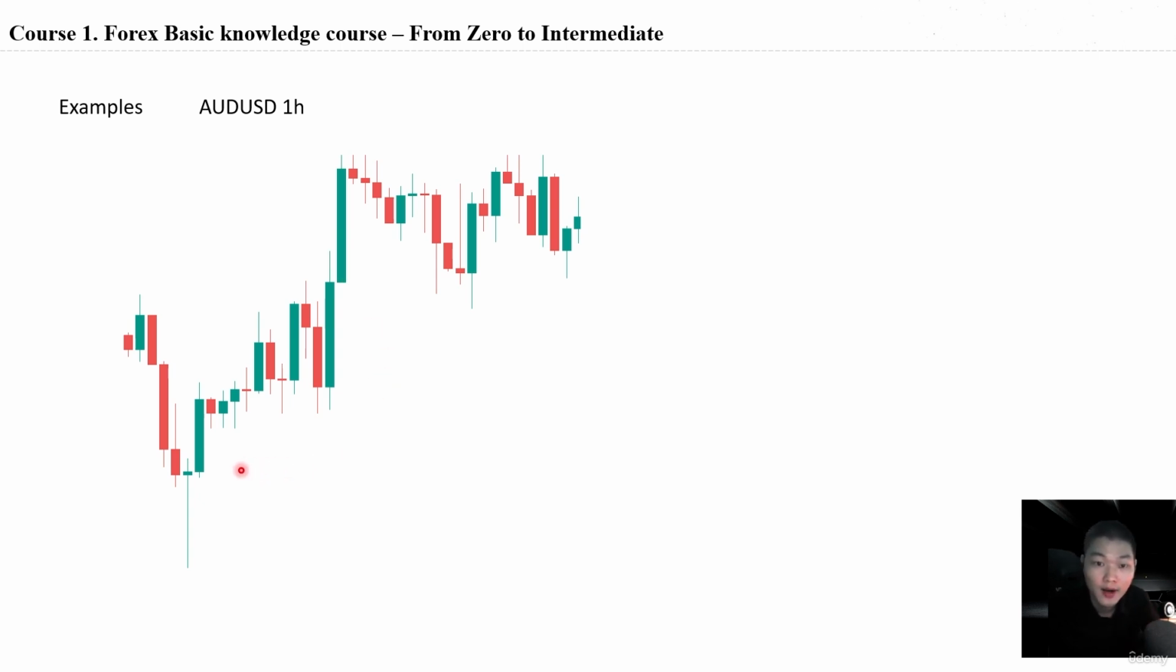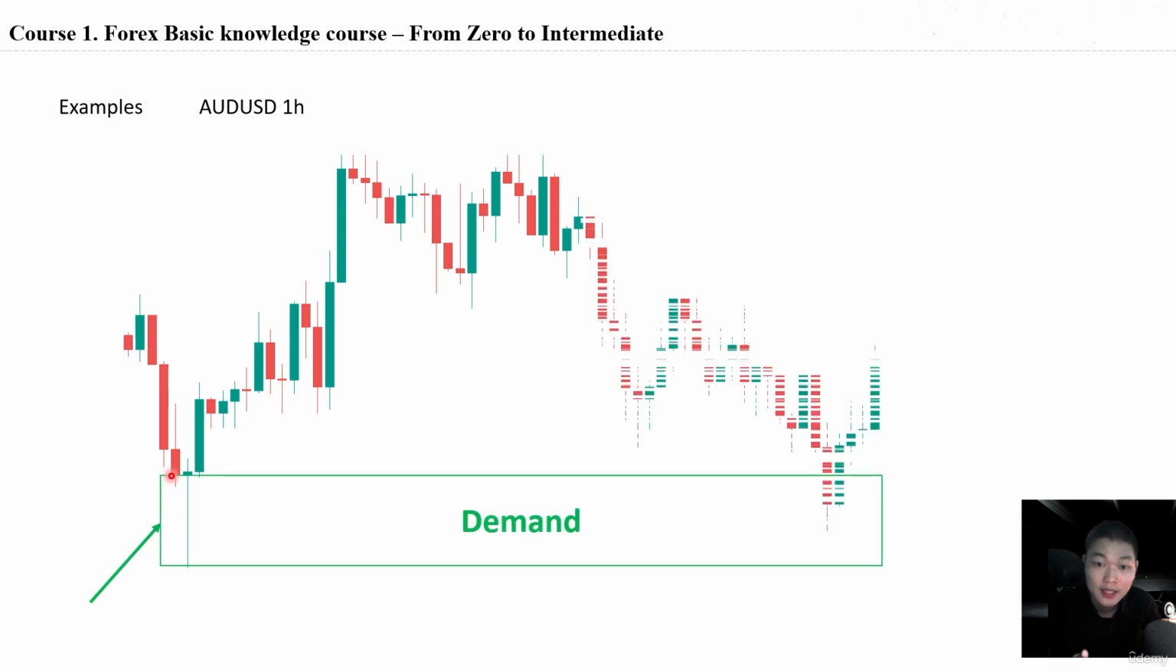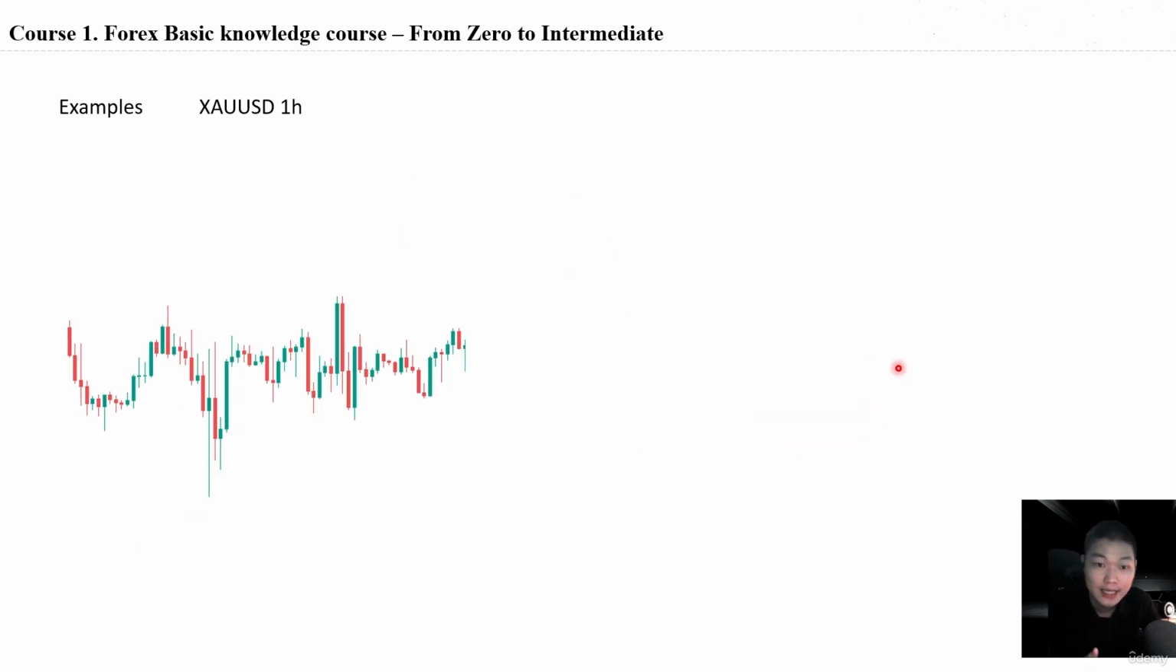So you can define the demand at this long tail from the lowest of the tail to the nearest open or close price. And we can have the demand zone like this. When price pulls back into the demand zone, the market creates an engulfing pattern and goes up again. And the next example is